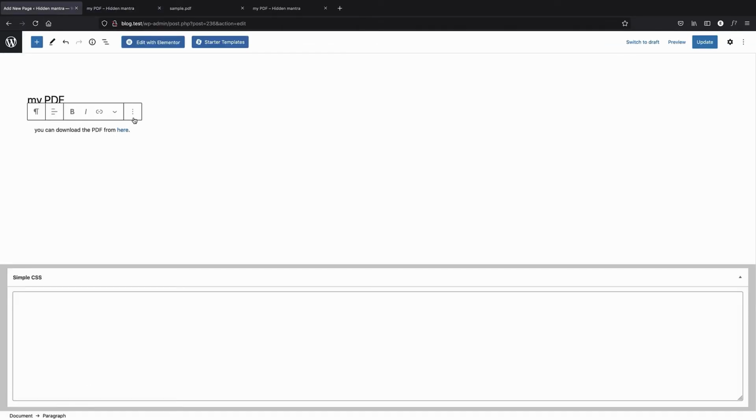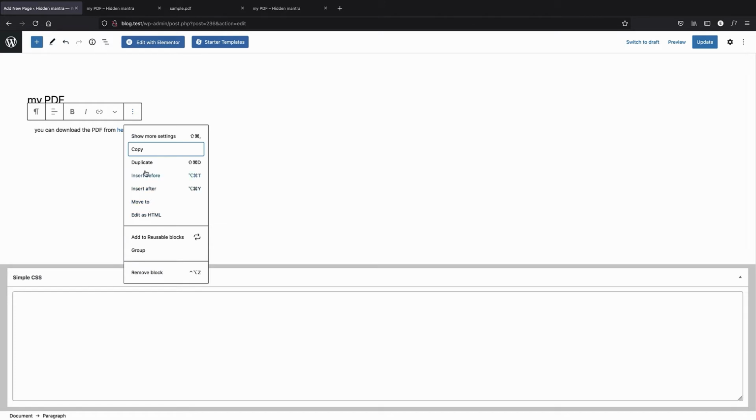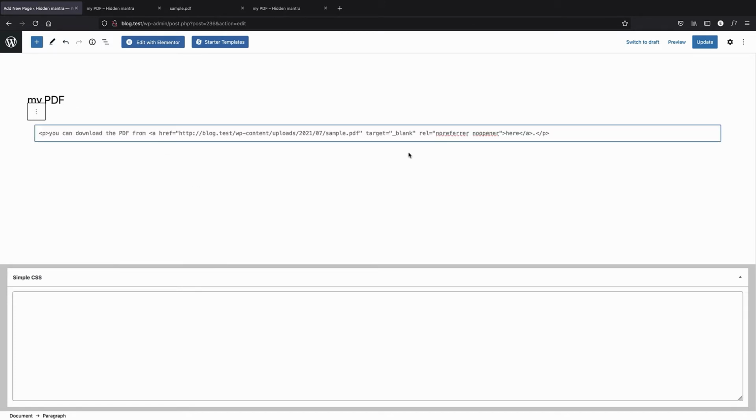So here, if I just select edit as HTML, and I have to select this because this editor doesn't let me, I think, do this. And now you can see we have a paragraph, of course, and a link. And if I just type download,